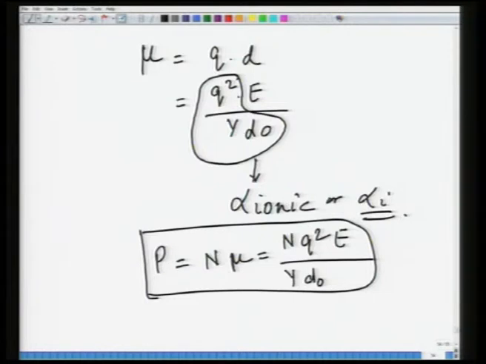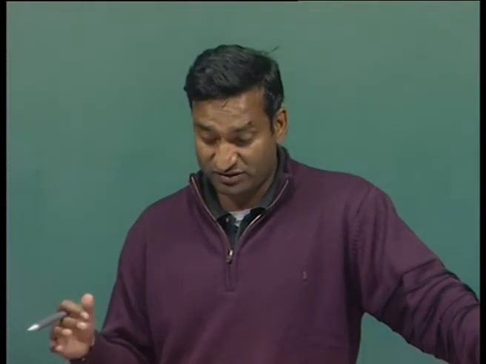What this expression tells you is that the larger Y is, and Y is Young's modulus, the smaller the polarizability is. Similarly, the larger D naught is, the smaller the polarizability is, which means in a bigger unit cell where separation between ions is much larger, there will be far less polarization. The more important thing is Y, Young's modulus, and higher or lower Young's modulus is because of fundamental reasons such as bond strength. The higher the bond strength, the higher the modulus, and the less the polarizability.